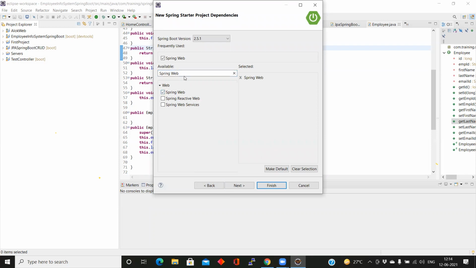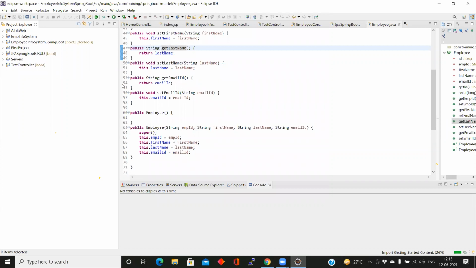This is one dependency. Next dependency we should add is MySQL, because we are going to connect the MySQL driver. So you write here MySQL driver. You should connect it. Another dependency we are adding here is Spring DevTools. Anyway, that is not required. Actually, another dependency is DevTools.